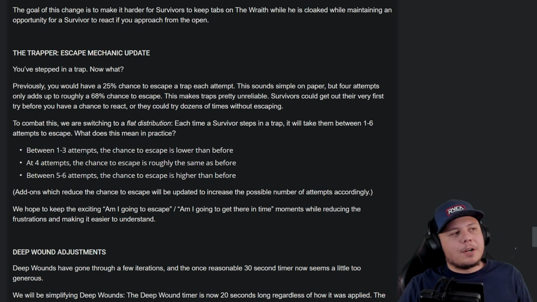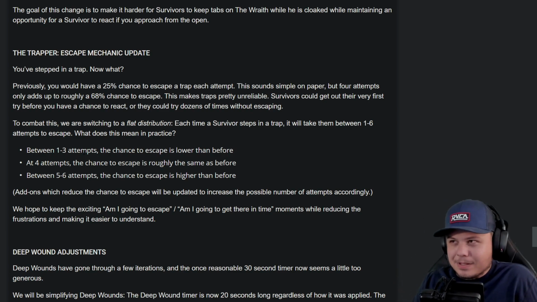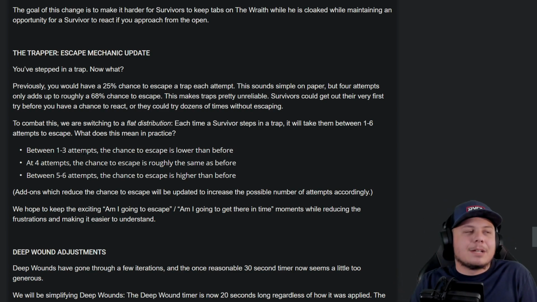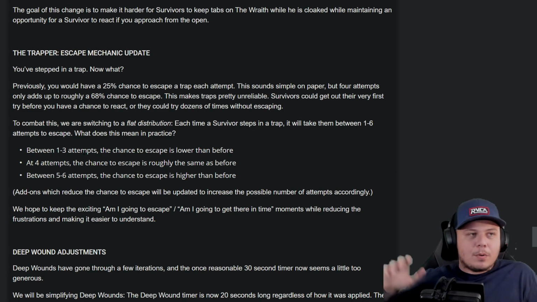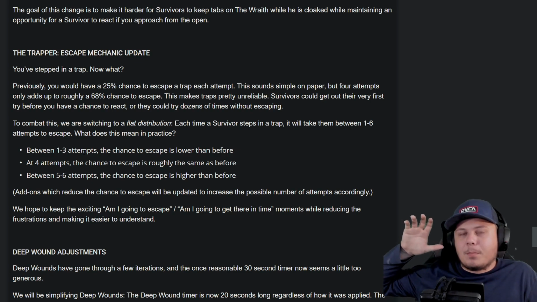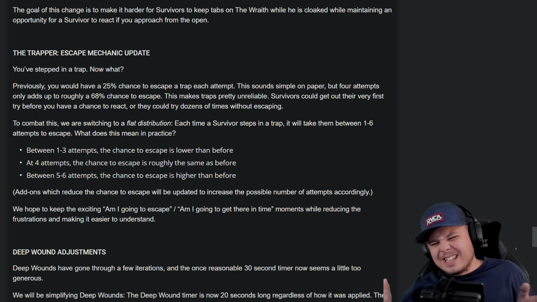And so this will make it to where you're going to get out within probably 6 or 7 attempts at the most. So they're bringing down the edge cases essentially. They're making it to where you're not going to get out in the first few as likely, and you're not